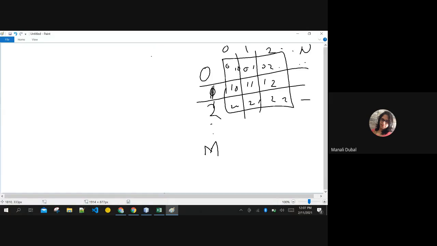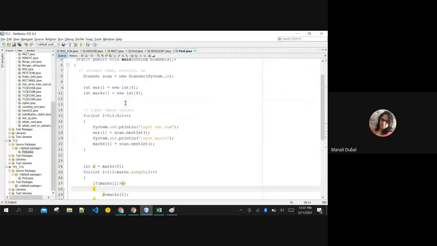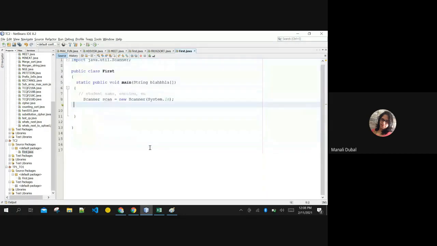Now, if I want to create a 2D array, instead of writing just one bracket, I'll put two brackets. No difference, right? If I put two brackets, it's going to be a 2D array. Let me show it to you here itself. Say for example, farm is a 2D array. I just have to put two brackets for mentioning a 2D array. Same thing, no change.